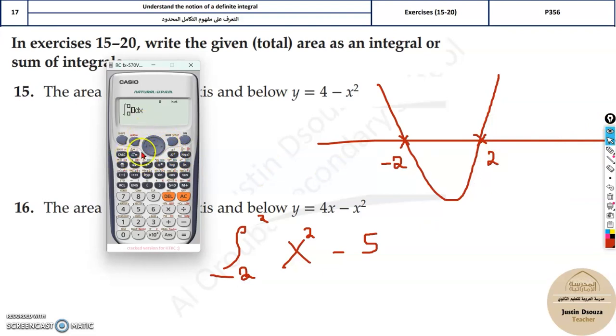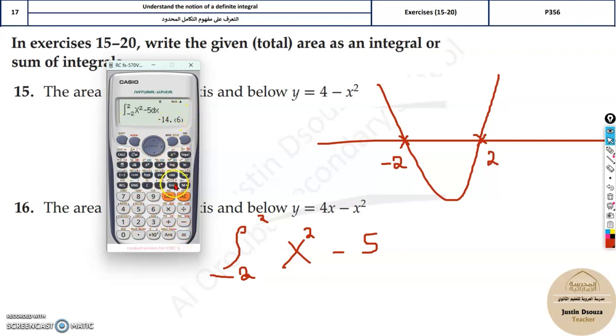Let's put the integral. You can do the integration and solve it by using the limits. It's up to you, but I'm just going to do the calculator method, which is short and easy. So over here, alpha x squared minus 5, the limit is from -2 to 2, equal to,